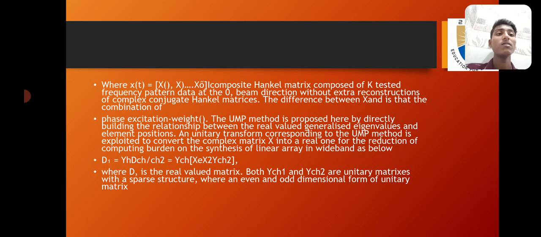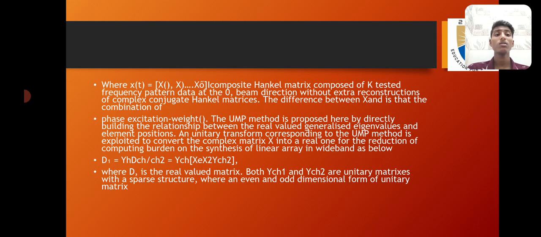The difference between X and X̃ is the combination of phase and excitation weight. The UMP method is proposed here by directly building the relationship between the real valued generalized eigenvalues and element positions. A unitary transform corresponding to the UMP method is exploited to convert the complex matrix X into a real one for the reduction of computing burden on the synthesis of linear array in wideband as below, where D is the real